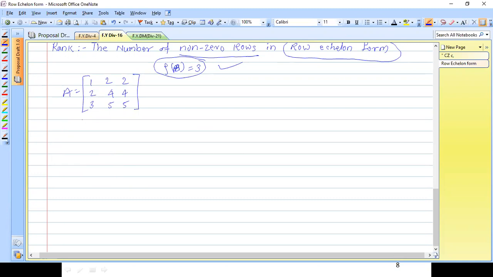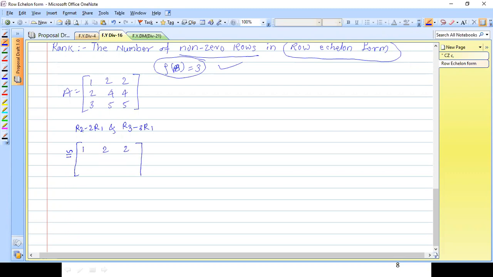So how to make R2 become 0? R2 minus 2 R1. And simultaneously can I apply R3 minus 3 R1 also? Yes, sir. I am getting an equivalent matrix, so I write down this notation for equivalent, because this is not the same matrix but a similar matrix. R2 and R3 may change, R1 as it is.